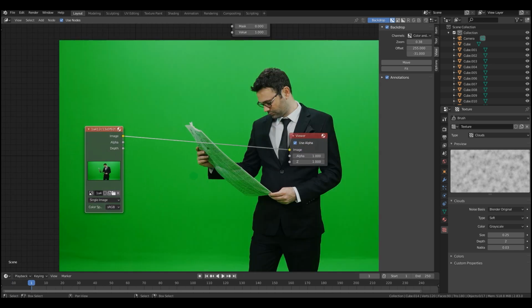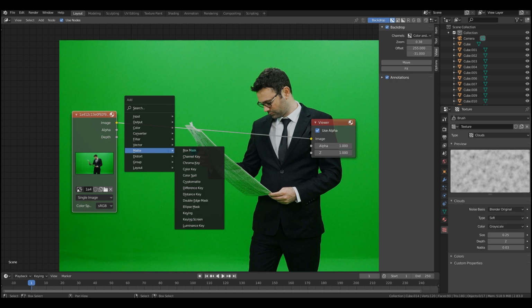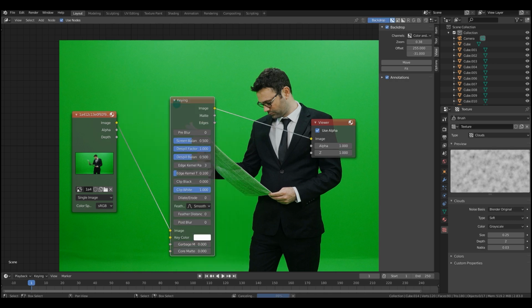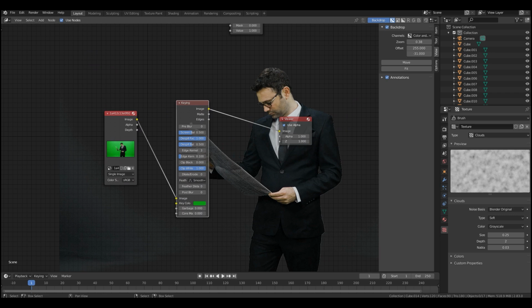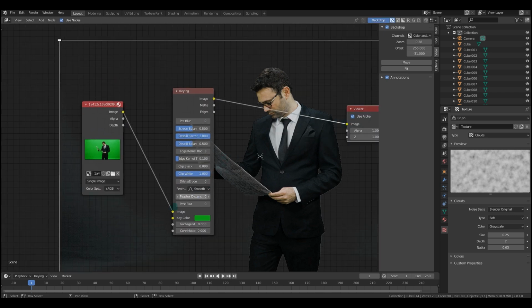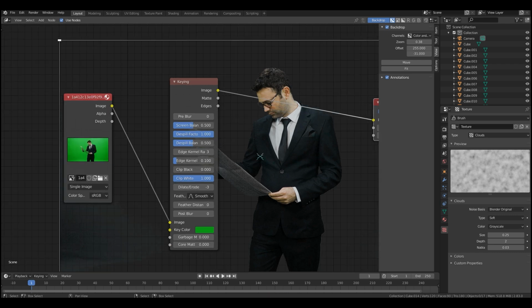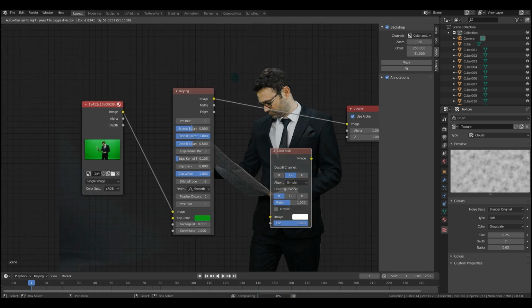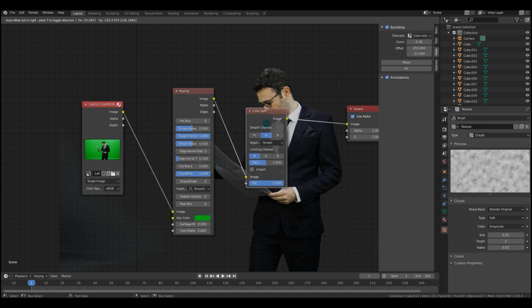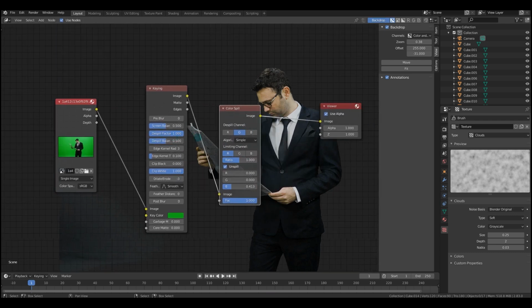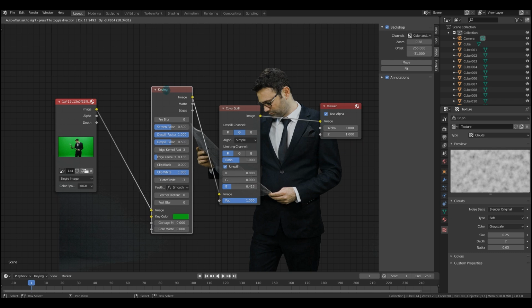And finally, the all-in-one node for keying is literally just called keying. It's the keying node. And if you select your key color, here you can see that it just gets most of the work done. It's incredible. And you may need to actually mess with this dilate and erode effect if there's any weird outlines, and you might still need a color spill, something like that. Maybe unspill some of that blue. But as far as nodes for keying goes, this is the one that I've had the most success with.